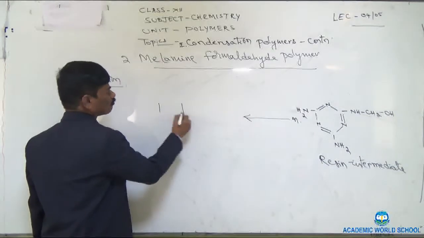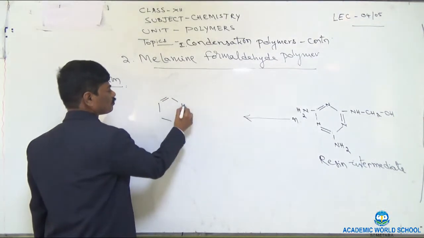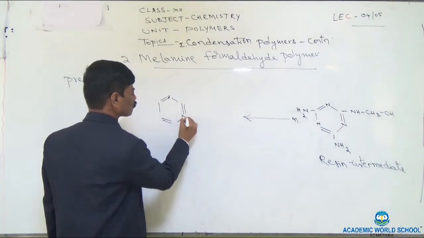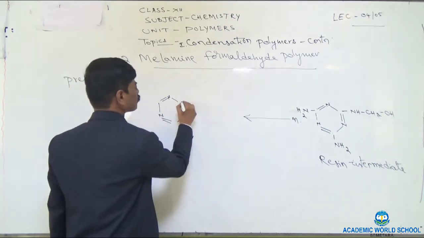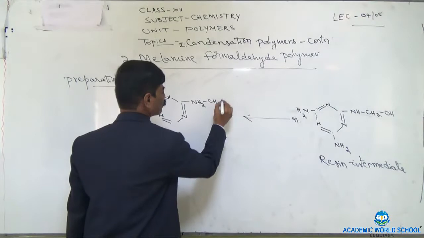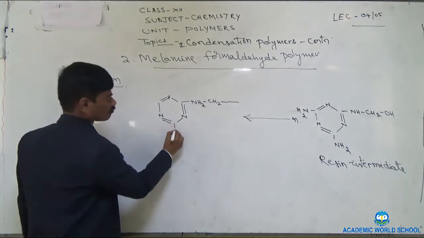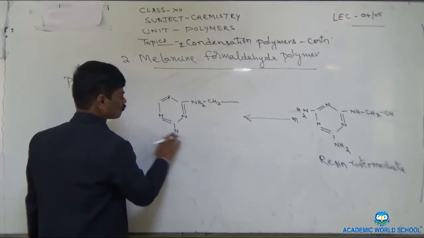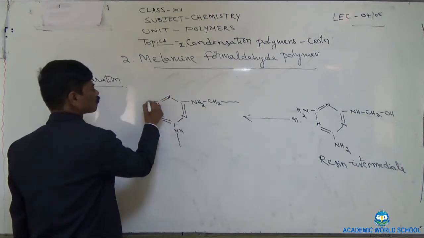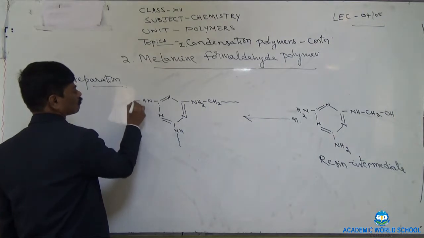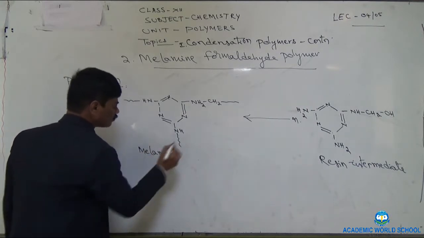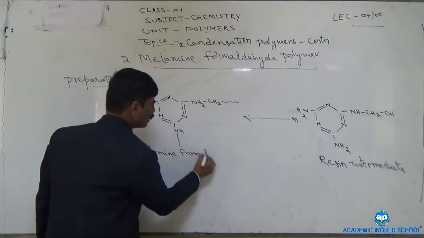Then we will get the polymer in this way. This is melamine formaldehyde